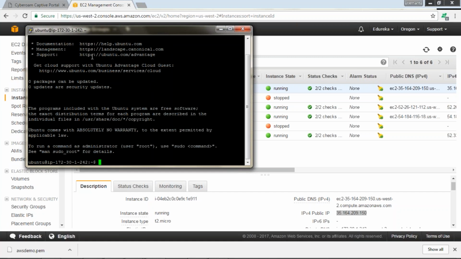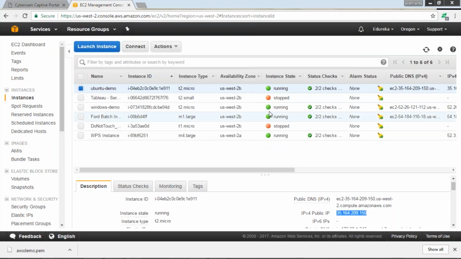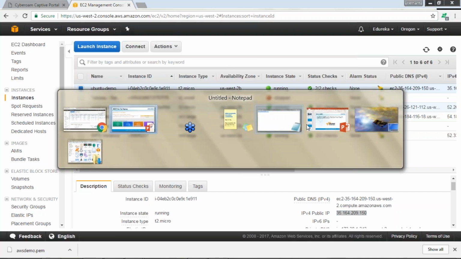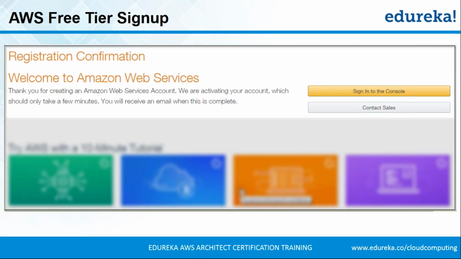Now you can use this terminal as if you were using your own Ubuntu machine. So this is how you connect to an Ubuntu server on AWS infrastructure, right? Let's close this connection now and go back to our presentation. So guys, we saw how we can connect to our Windows instance and our Ubuntu instance, and we also saw how you can create your own AWS account.